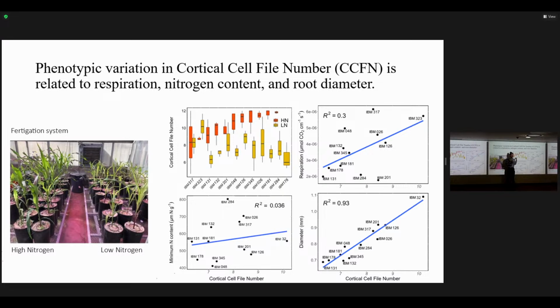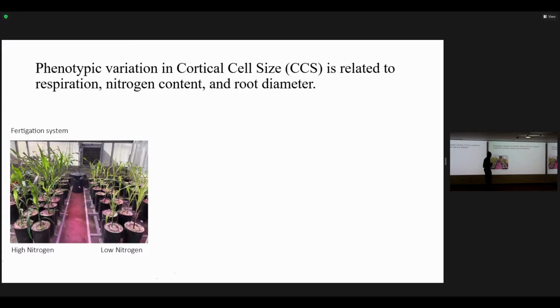And as I showed before, cortical cell size also affects the respiration of the tissues. So in order to test these independently, like only the values for cortical cell file number, keeping the cortical cell size constant, we developed,